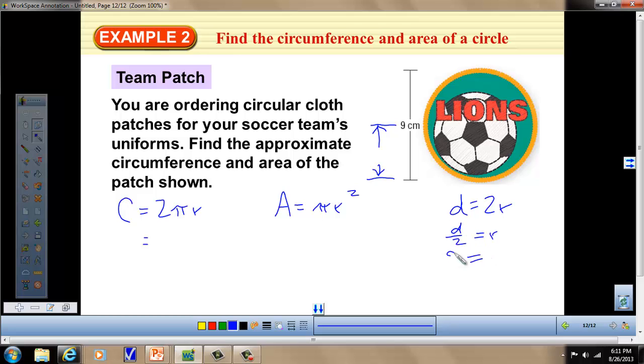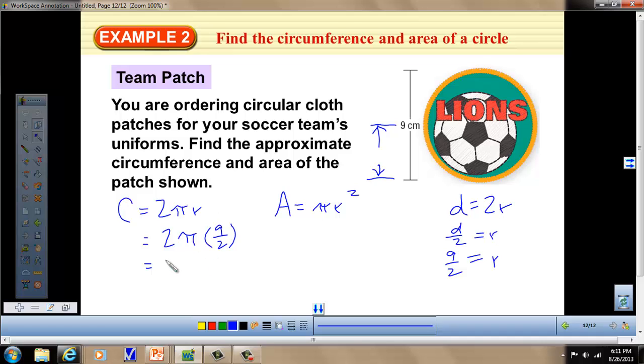So the diameter is 9, so this is going to be 9/2 for the radius. So we can say 2 times pi times 9/2, or you can put 4.5, that's fine too. So in this case, we would have 9 pi, or if we multiply it out, I'm going to do that right now,